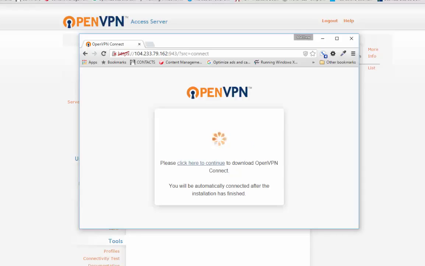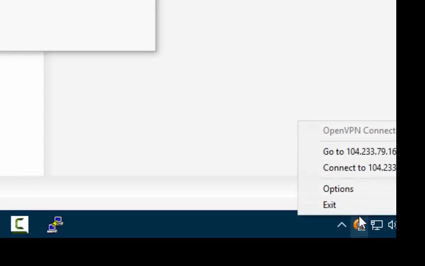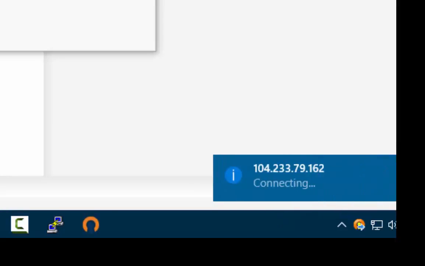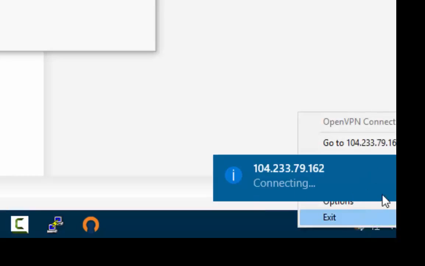Now you can't see it, but there's a little icon on my bottom. On that icon, you can right click and hit connect to,